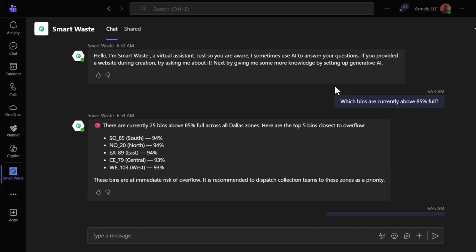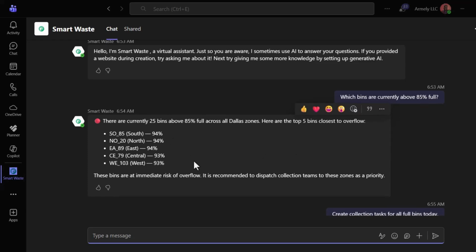So the end result of our project is a Teams app known as Smart Waste, which can be accessed from Teams. We can start by asking a simple question: which bins are currently 85% full? It will go to the data source and to the data agent that we connected from Fabric, get that information, and give us our results back. We can see that currently there are 25% of bins which are over 85% full, and they are in all the Dallas zones, which are 85% for South Dallas, North Dallas, and